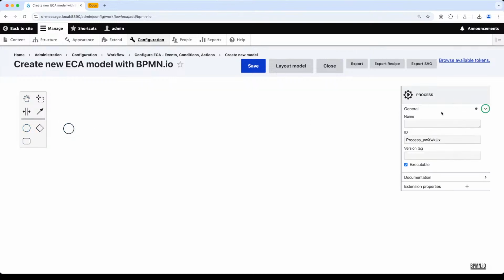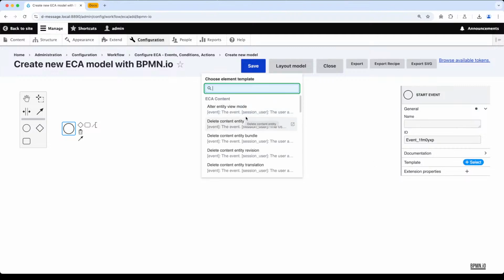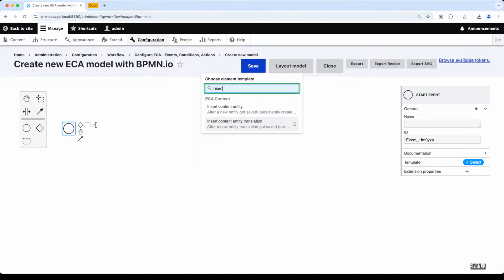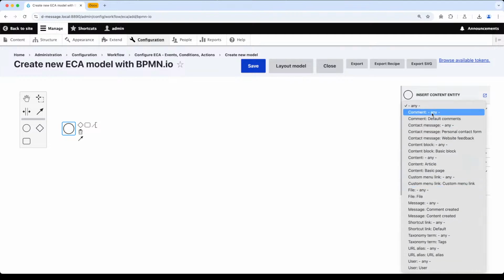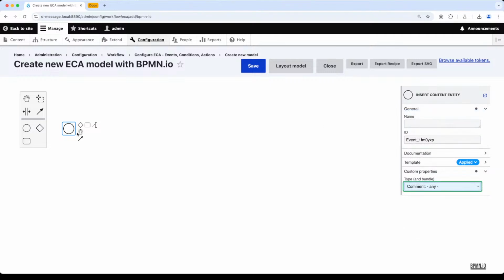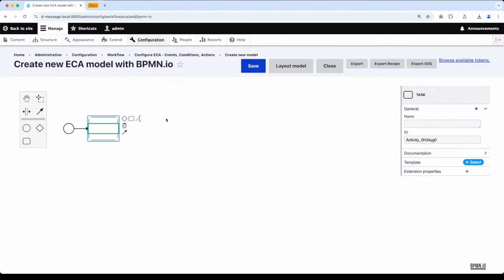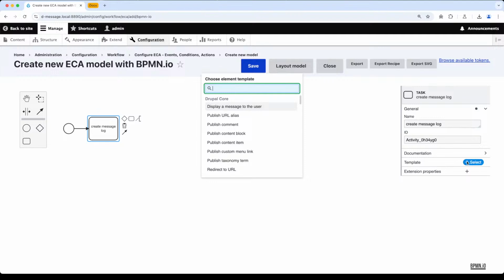And what I'll do is I'll call this one comment created. Then let's select, what is this? This is still content, what is it? Insert. So this will still be insert content entity. So when a content entity is created and the bundle is any type of comment, then we create a task, create message log, and we create